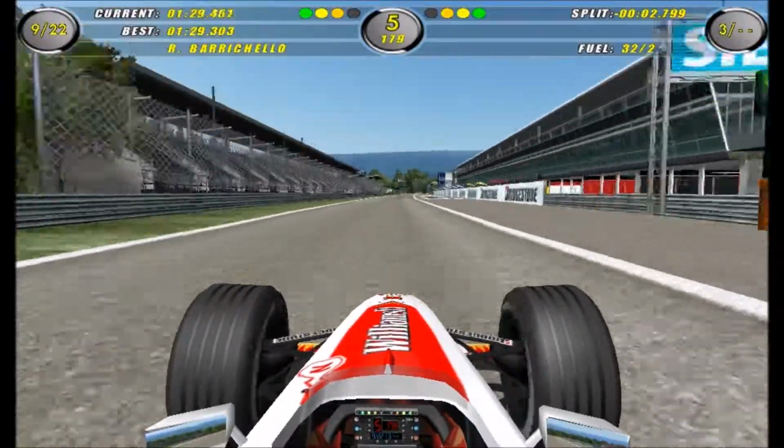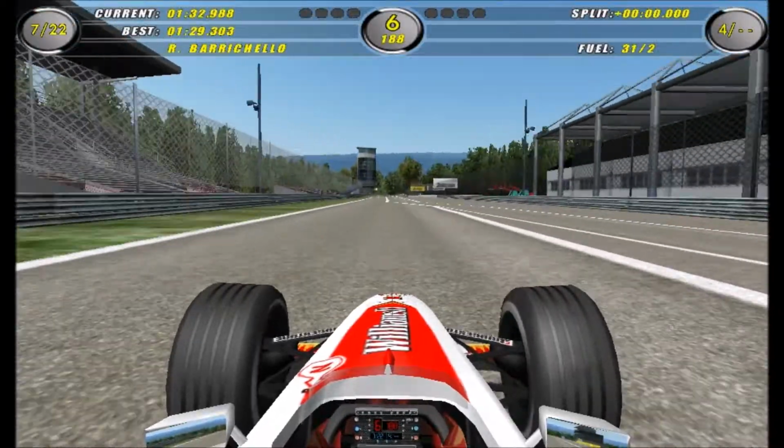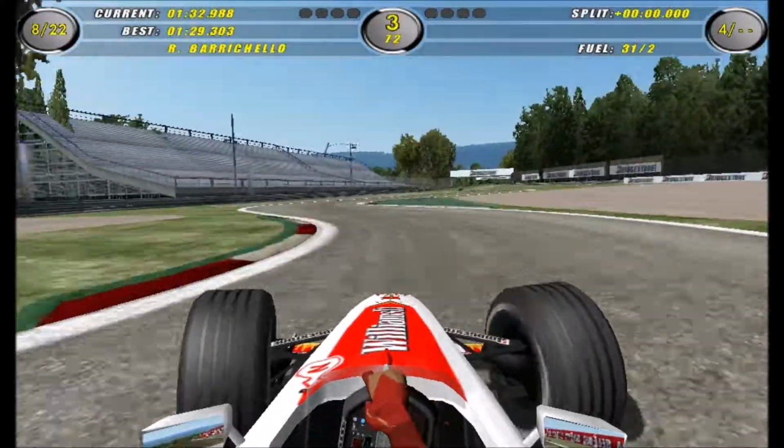127, 128, 129. We're not even at the grid yet. Let's keep our foot in it. 185, 186. Lap time is 132.98. We can go a little bit faster, I think, but just make sure that we are really struggling at